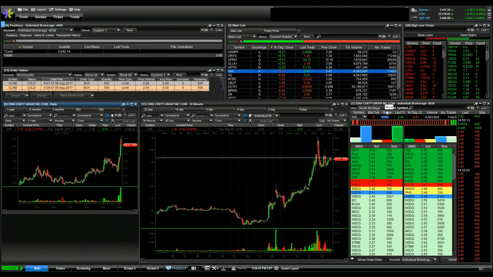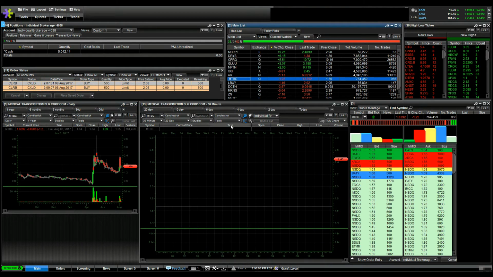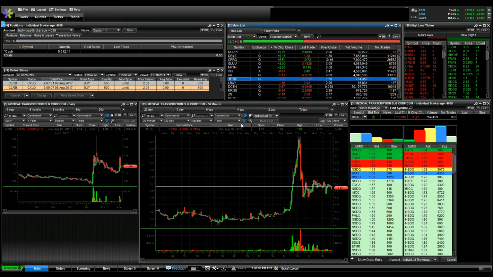Alright guys, just going to show you a quick video on how to customize your ETrade Pro Classic charts. What you're seeing right now is my day trading screen. Off to the left I have a daily chart, and the one in the middle is my intraday chart. Whatever stock I click in the watch list, both charts will be populated with that stock. So it's very good for identifying resistance and support levels on the daily chart and then transposing that over here